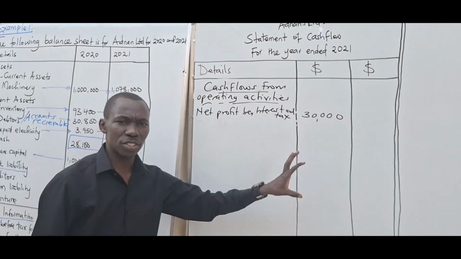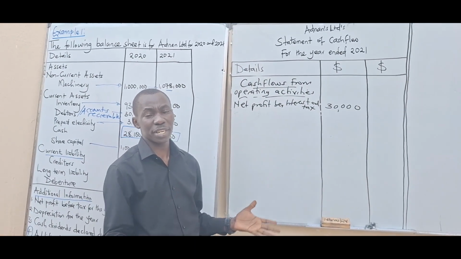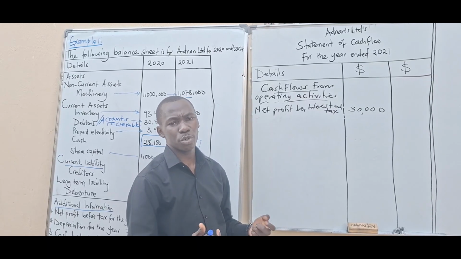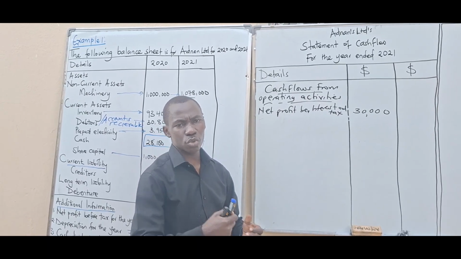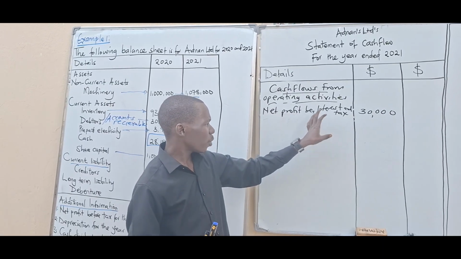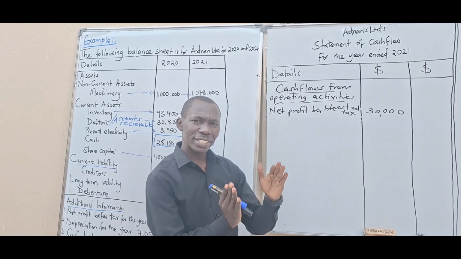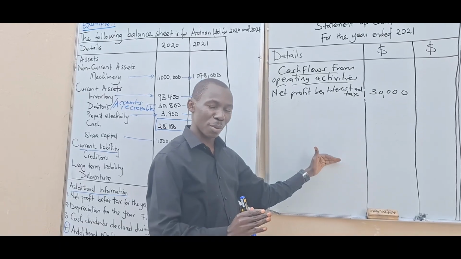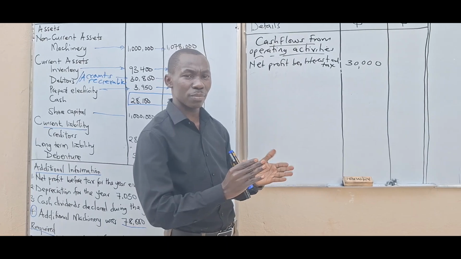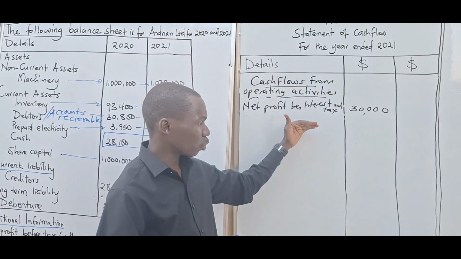Which non-cash items? Those are things which do not involve movement of money. Money is not coming in, it's not going out. For example, depreciation is non-cash in nature. We also have gain on disposal of an asset, or a loss on disposal of an asset. If they are given, please bring them in. But you need to know how they were treated when preparing the income statement. If it was added in the income statement, here we shall subtract. If it was subtracted, like depreciation, which is an expense we subtract from gross profit to get net profit,